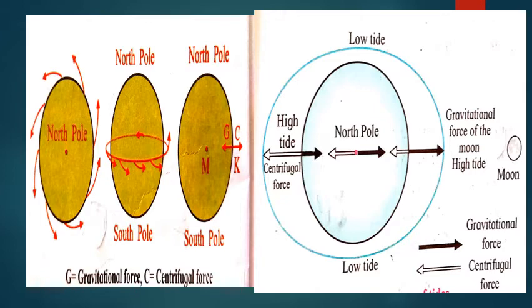And the high tide and the low tide, respectively at the same time, are the result of centrifugal force. Children, with the arrow you can understand. One side there is a force. See, the first force is showing you the gravitation, the darker one. One side it is getting pulled up, and because of that pull, it is thrown out. And because of that force, it is getting thrown out.